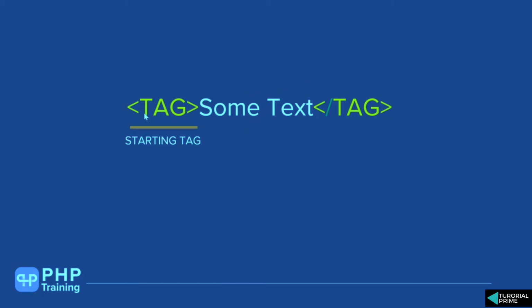So the starting tag is called the starting tag, and the ending tag is nothing but the ending tag. The one that ends with a slash is called the ending tag. You can also call the starting tag an opening tag, and obviously the ending tag can be called a closing tag. So that's basically the definition of tag. When someone says tag, you should think of an opening tag, a closing tag, a starting tag or an ending tag. Let's look at what is element.